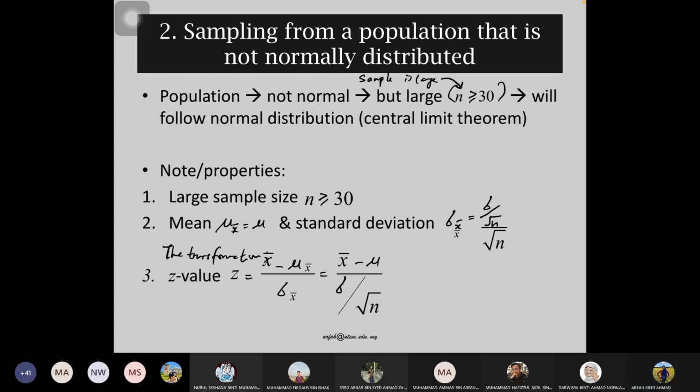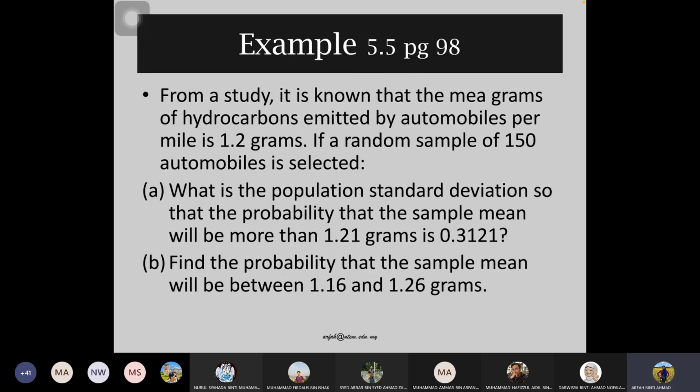Dapat? Dapat. Okay, very good. So, take a look at example. From a study it is known that the mean grams of hydrocarbons emitted by automobiles per mile is 1.2 gram. So if a random sample of 150 automobiles is selected, what is the population standard deviation so that the probability that the sample mean will be more than 1.21 gram is 0.3121. Okay. So dalam soalan ni, dia tak cakap pun